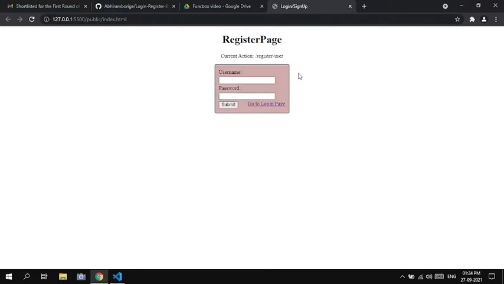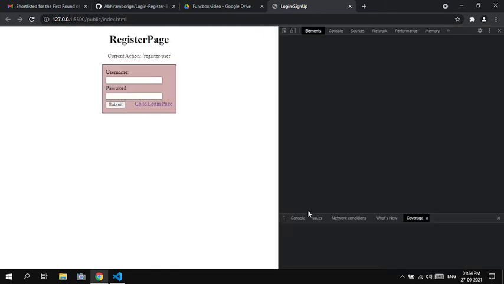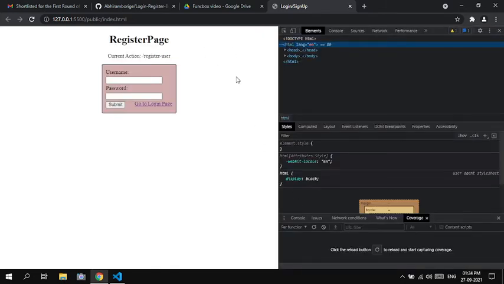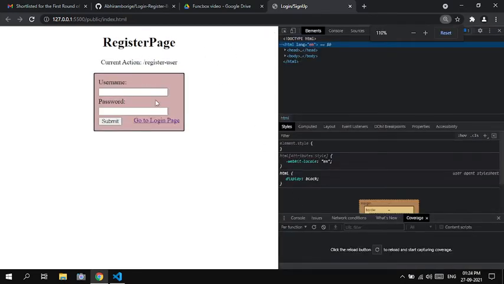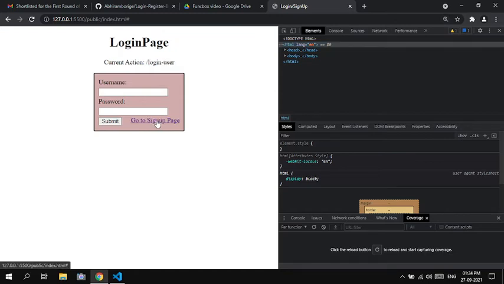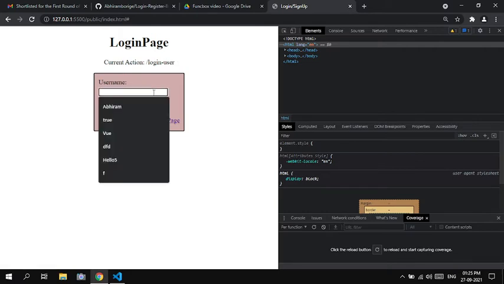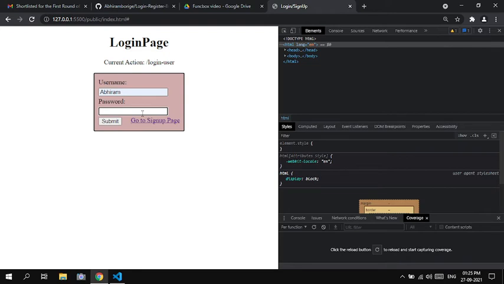And yes, we can see that there is a register page currently. When we click on this, it will be toggling to a login page and user page, as this is just a basic concept that's present in React. And yes, I do have an account in this, so I will be logging into this account. So when I click submit,